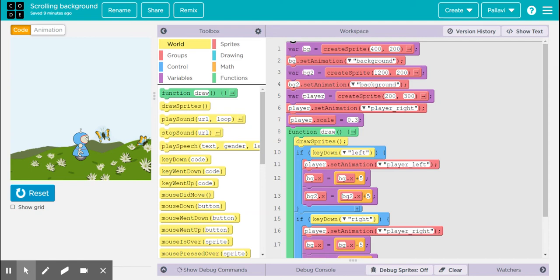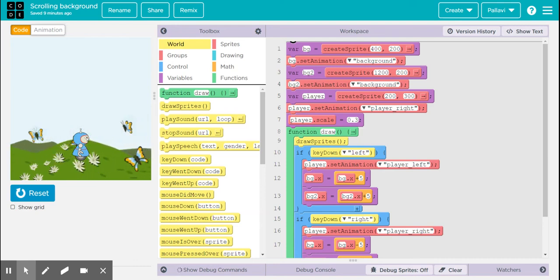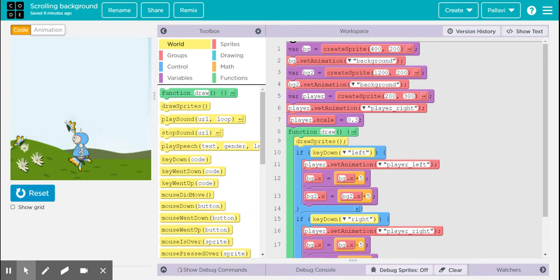So it's similar here. Even if your sprite is moving forward, it's not. It just appears as if the sprite is moving forward or backward, but here instead the background is moving in the code.